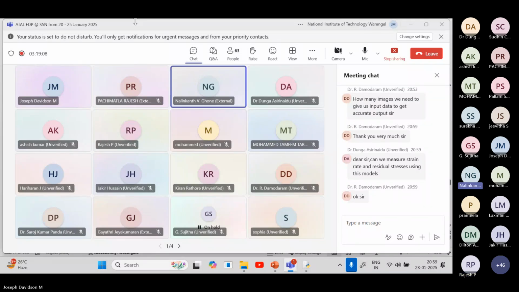Yes, there's also another question, I think. Yes, sir. Strain rate and residual stresses using this model. I think back propagation you can do. If at a particular strain rate this is the structure you will get, that is a one-to-one correlation. So if this is the structure, this can be the strain rate, but directly we cannot tell. We can back propagate, and we can assume that this may be, that is possible,